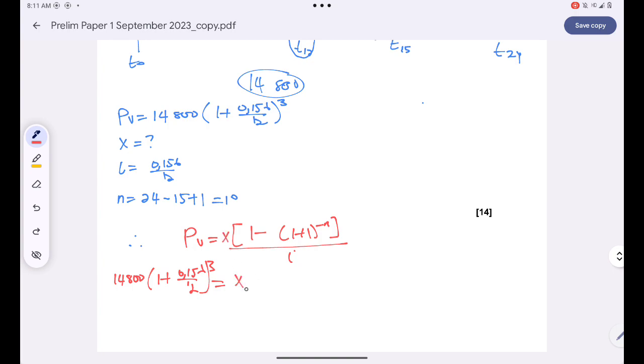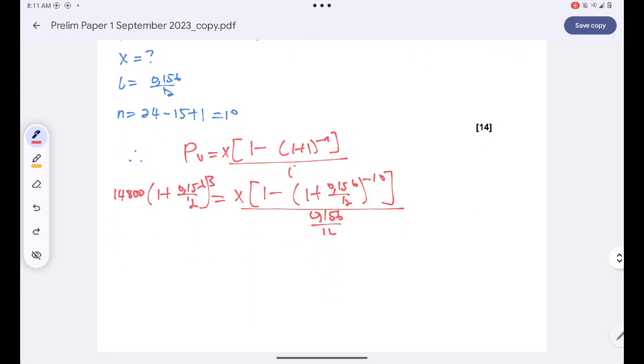And then I'm looking for the installment. I have 1 minus (1 plus 0.156 over 12) to the power of negative 10, all over the interest, that's 0.156 all over 12, right? You can do mathematical gymnastics, guys. Then x will simply be